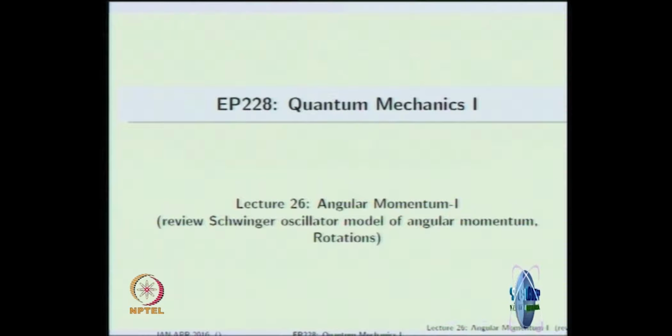So today I'm slowly taking you on to the angular momentum. Some bit we have already seen from the Stern-Gerlach experiment and also from the hydrogen atom, but the formalism you should know: what exactly goes on in the angular momentum algebra, how the states are defined, and what happens under the operation of the ladder operators, similar to the raising and lowering operators in the harmonic oscillator. This is what we started in the last lecture last week.